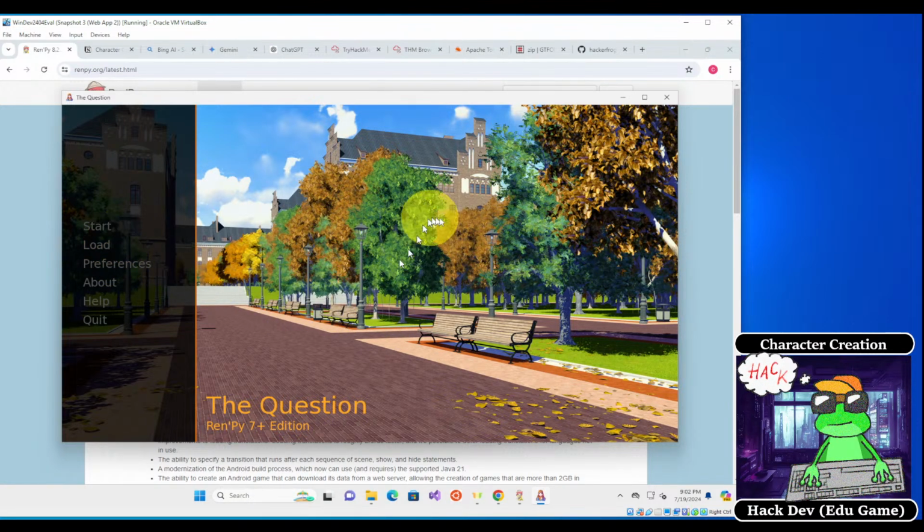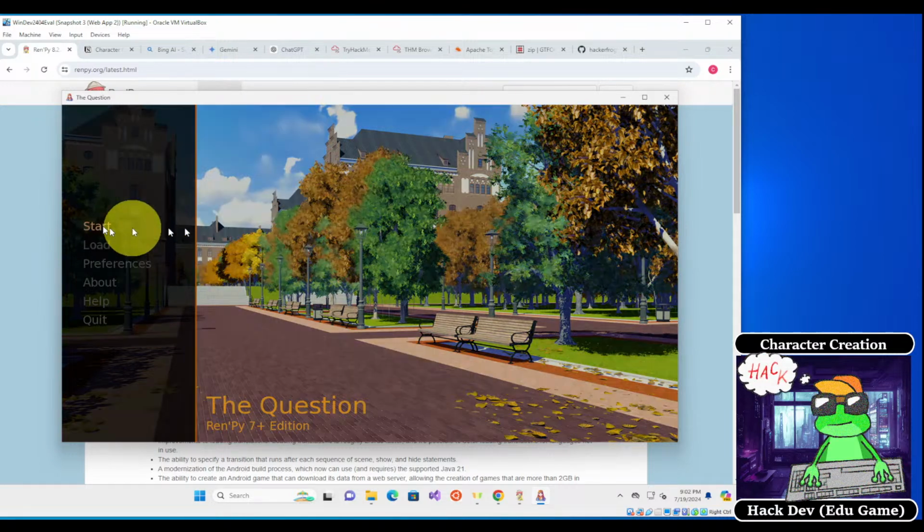So I'm confident in my ability to create graphics that look kind of like this. Each RunPy game is essentially going to have the same start screen. It's going to have a start button, a load button, preferences, and something basically like this. I think you can modify the layout of these options a little bit. But if you click on start over here,